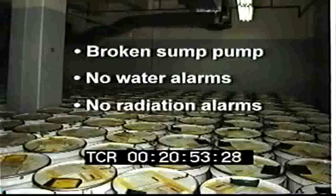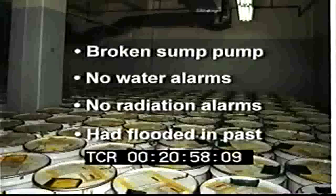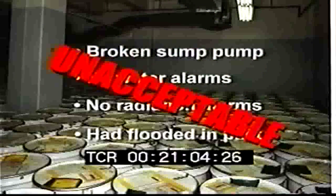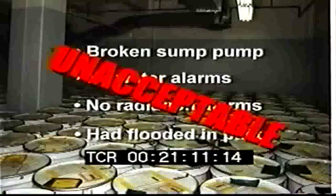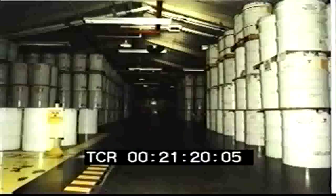There were watermarks on the walls and on the barrels showing that it had flooded in the past. The Scientech team found that this combination of factors was unacceptable in terms of risk of criticality, because if flooding were to occur, for example from a broken pipe, a criticality event might occur. They also found residue drums in storage, stacked up high on shelves but not restrained. The team found that in an earthquake the drums could fall off their shelves, which could result in a criticality